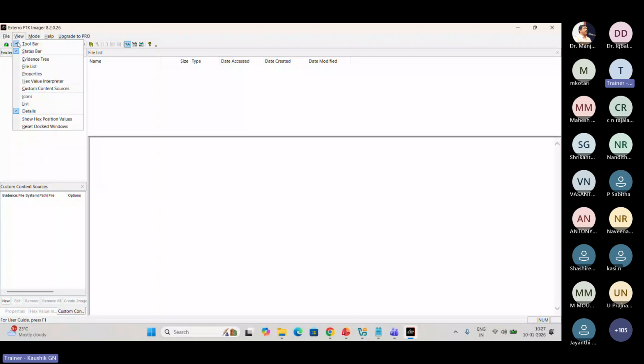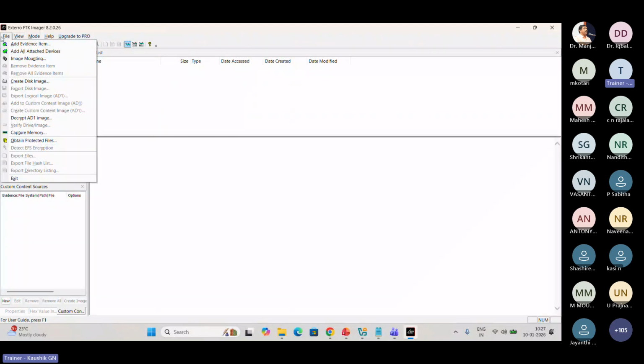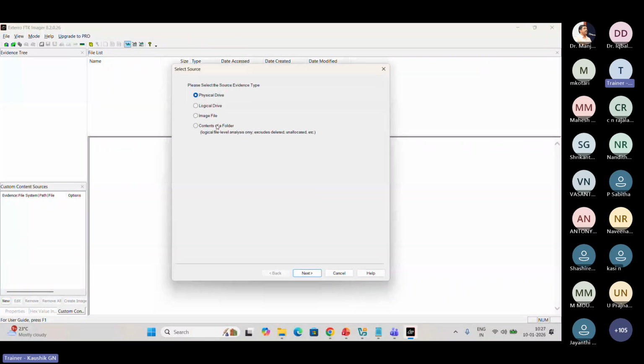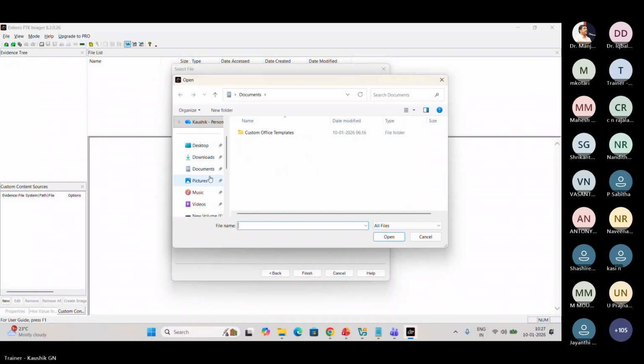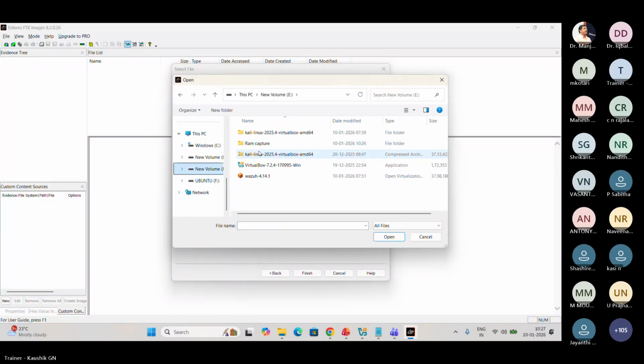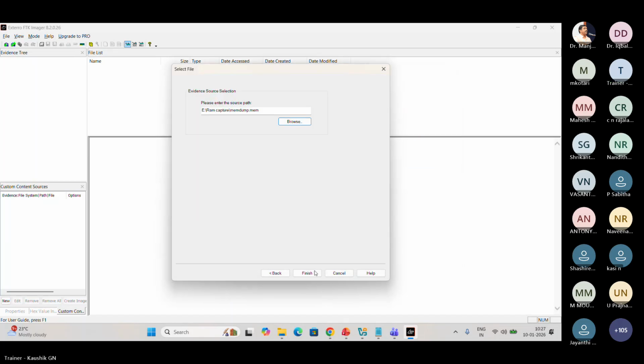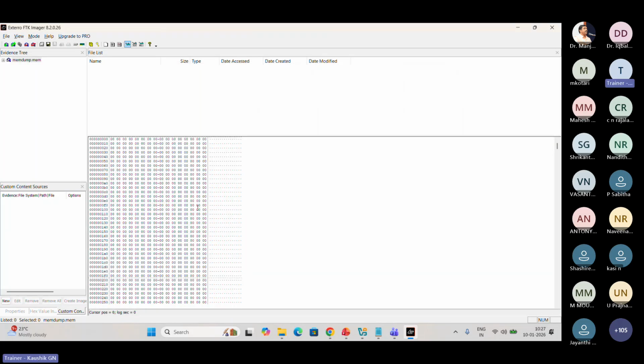I will go to File, Add Evidence. This is an image file, so browse the image file. This is the image file which I have captured. You can see this. As I told, it is a bit by bit copy.